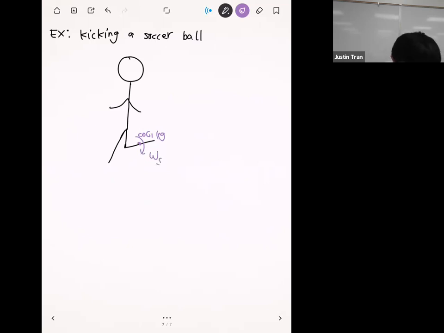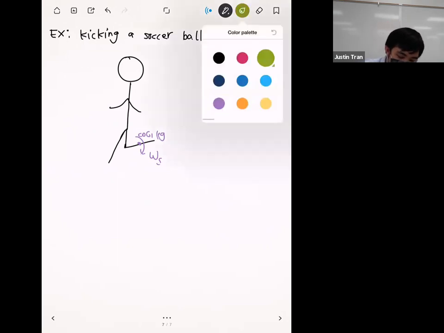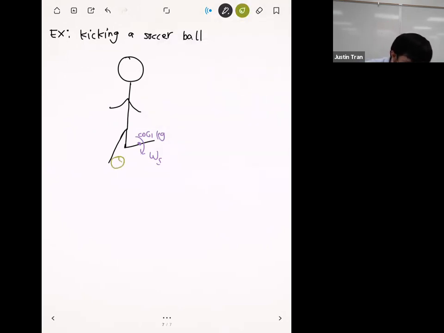Okay. And so in order to perform this motion, if we consider the center of gravity of the leg to be right there, that leg is going to be rotating around its own center of gravity. The leg is going to go from slightly horizontal like this until eventually it contacts the ball. When it contacts the ball, we're going to assume it's roughly vertical. And if we assume the ball is maybe right here,